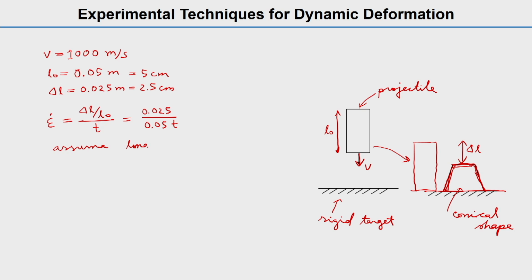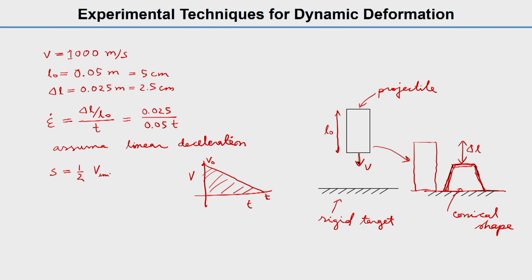Now we assume that linear deceleration is happening. The projectile linearly decelerates. Okay, so that means, let's say we have time versus velocity. So velocity is v naught, and after time t, velocity will be 0. Here velocity will be v naught, and this area will give us the distance traveled. From the basic kinematic equation, we have